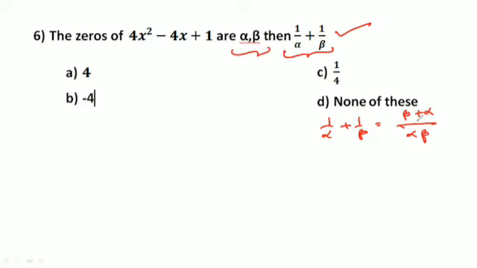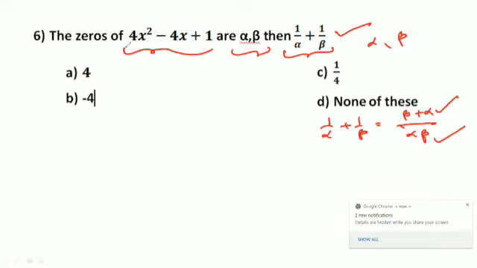Now, (beta plus alpha) by (alpha into beta) means alpha, beta are the zeros, the roots of a quadratic polynomial. Alpha plus beta is the sum of the roots, and alpha into beta is the product of the roots. Got it? So here we need to find the product of the roots as well as the sum of the roots. We have learned, children, the relation among the zeros and the coefficients of the quadratic polynomial. We have learned it in the classroom. I explained very